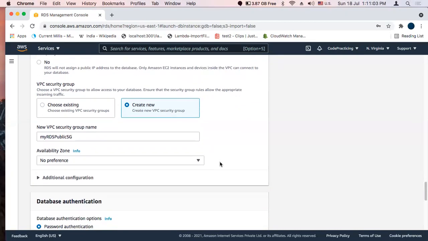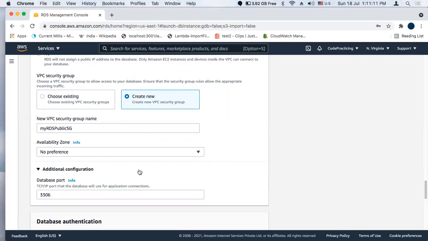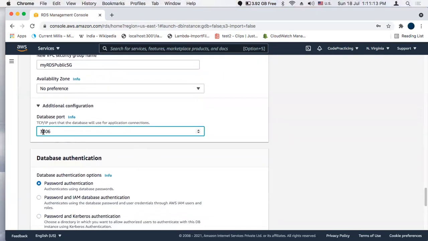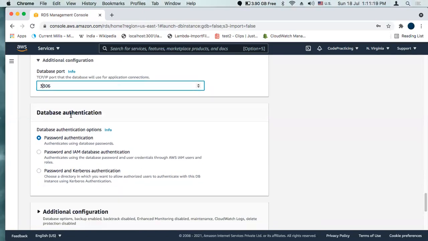After providing the name for the security group, next is availability zone. Select no preference. Additional configuration: the port is 3306, leave it as it is. Now next is the database authentication part.